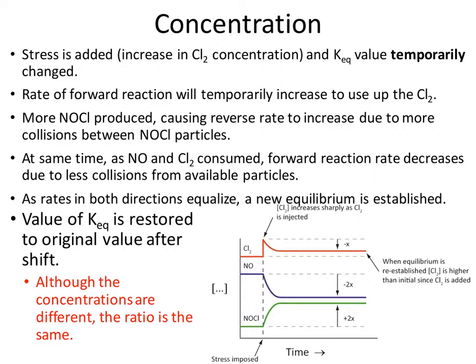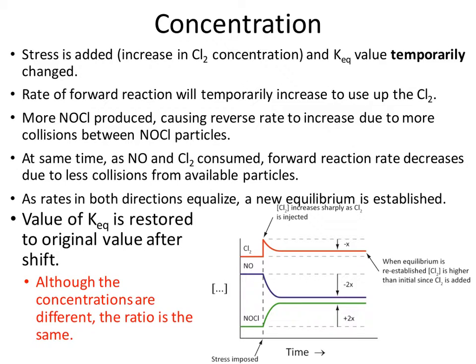So one little note here is that in this case, the position of the equilibrium changes. It's going to lie a little bit more to your right, where you're going to have more products. So initially, it might have lied somewhere in the middle, but now as we've increased the Cl2, we're lying more to the right. So the position of the equilibrium changes, but the K equilibrium